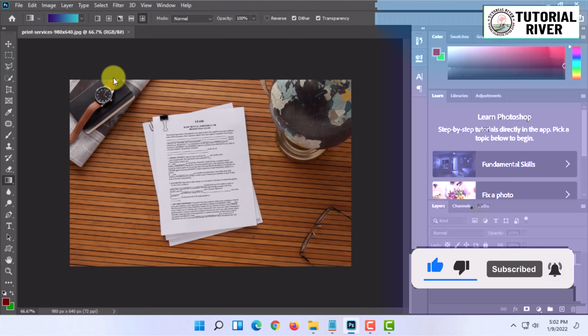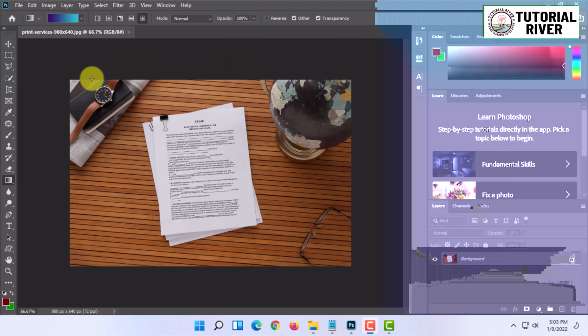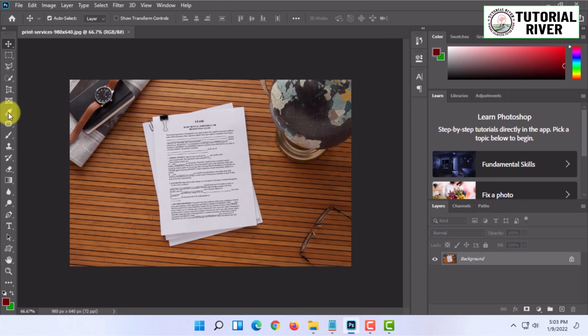You have to open your Photoshop and the picture you want to crop properly, and in here you will find the crop tool. You have to right click on it and select the perspective crop tool. So once you have selected it, you have to choose the portion which you want to crop properly,